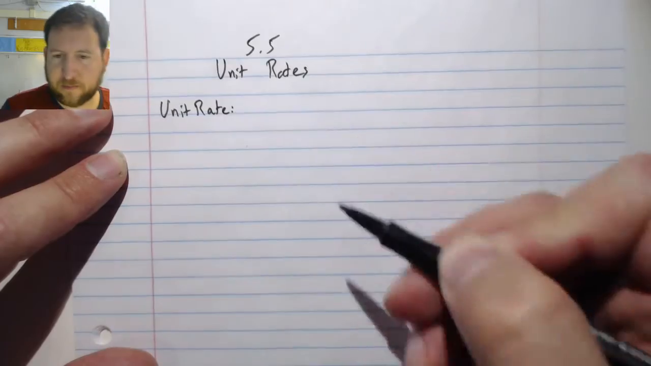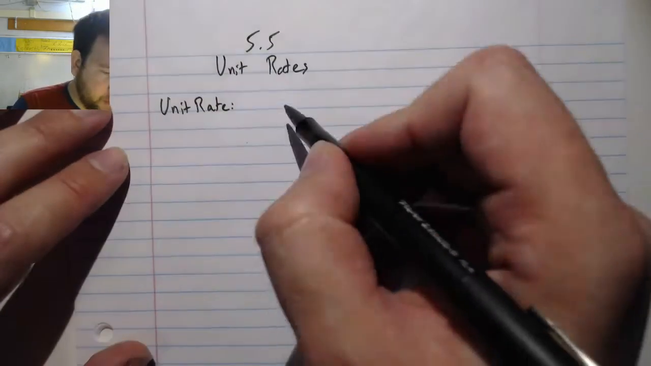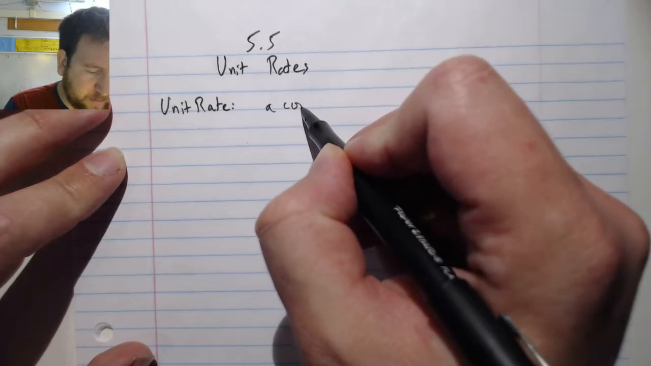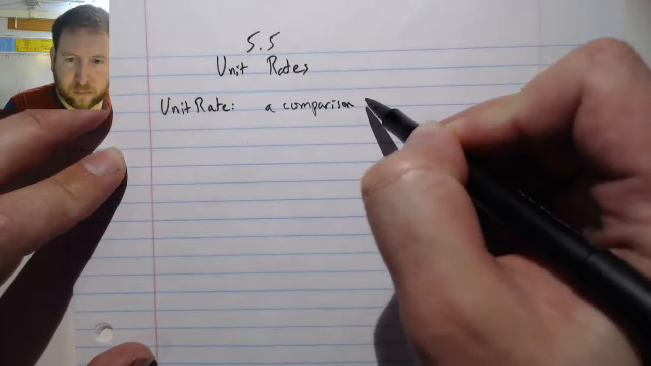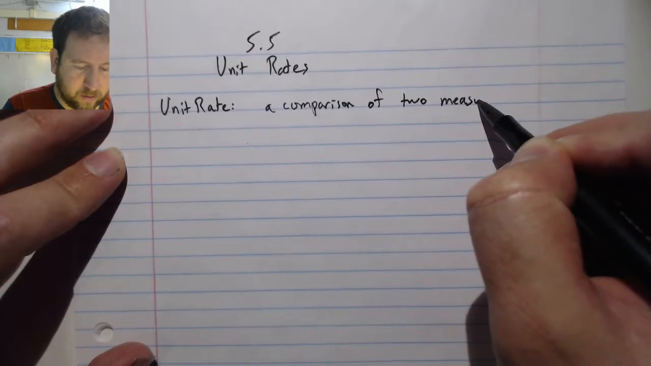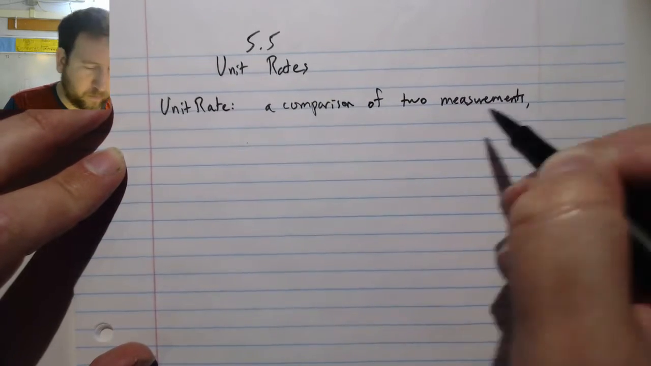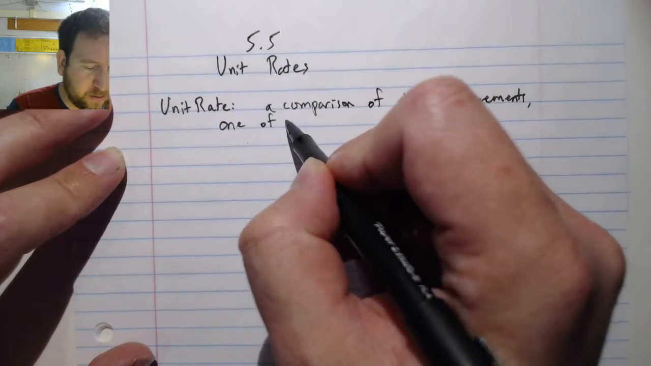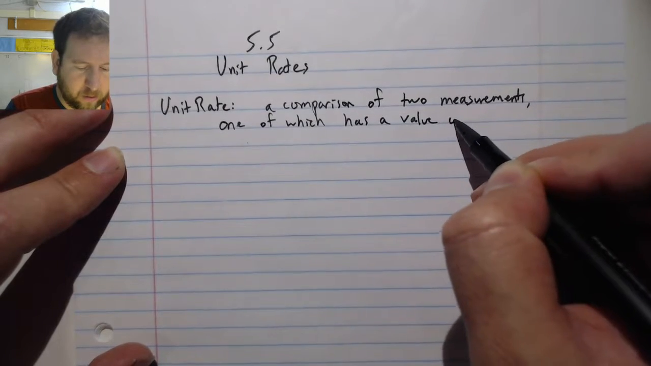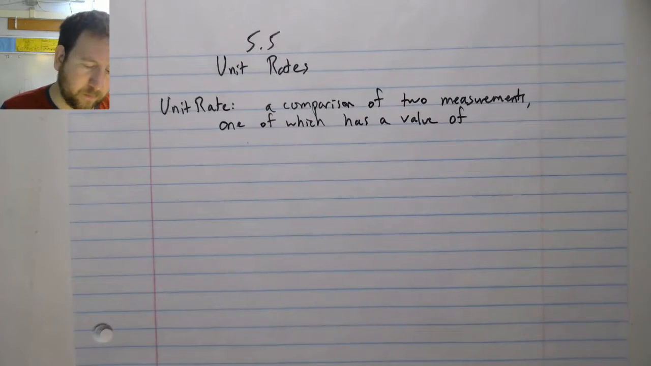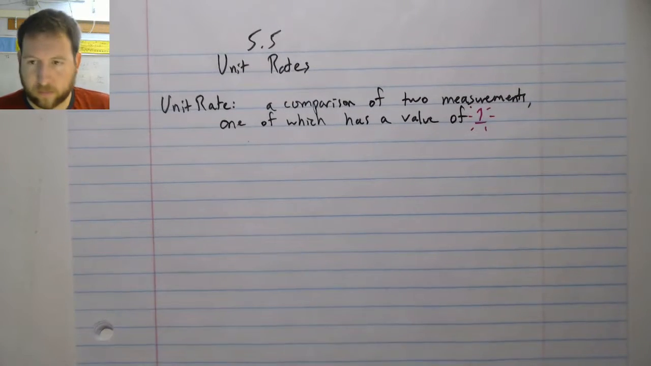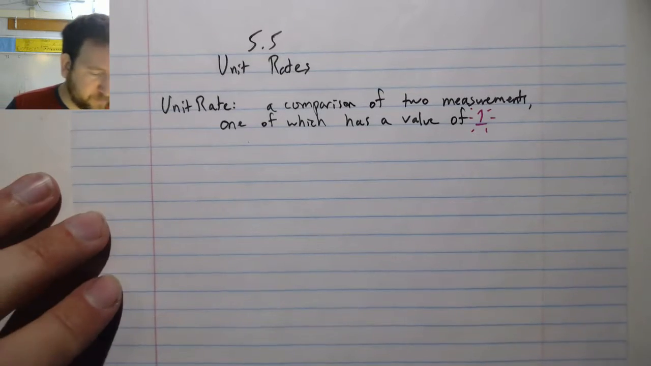A unit rate is simply a comparison of two measurements, one of which has a value of 1. And that's what makes it a unit rate. For example,